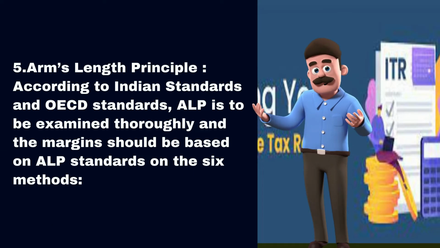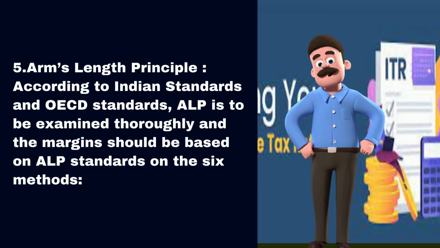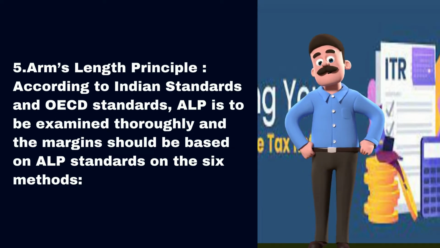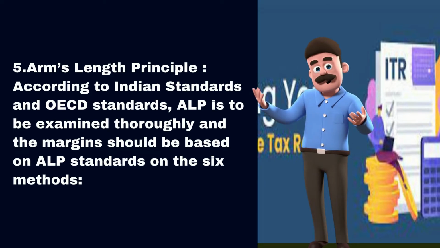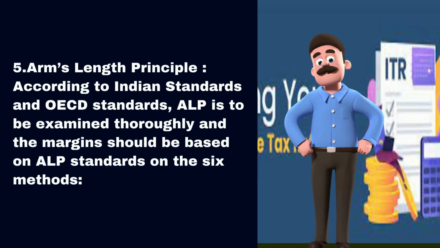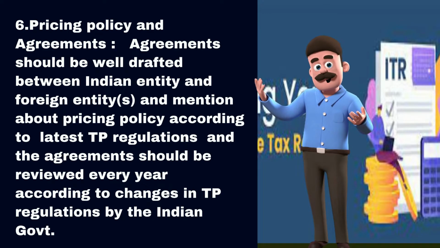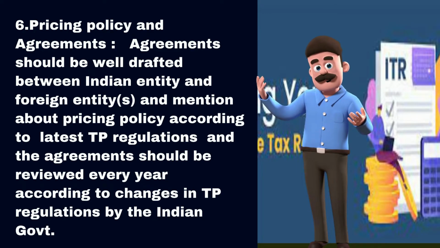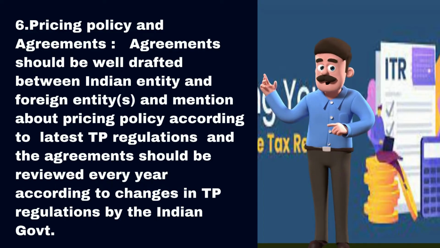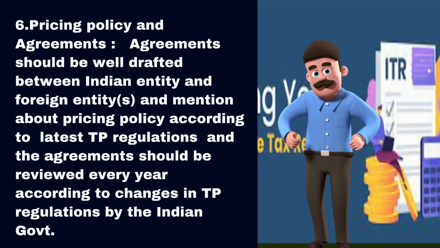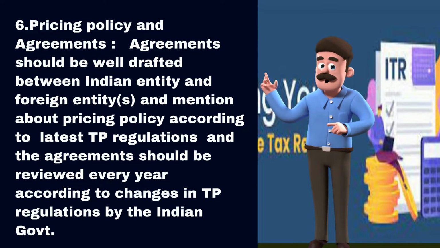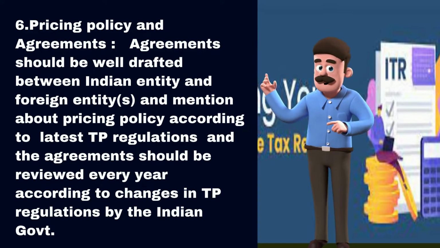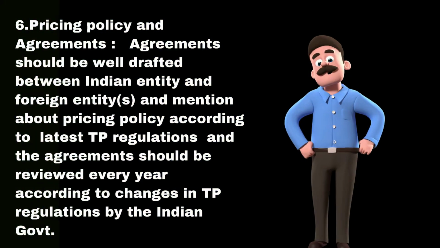5. Arm's length principle. According to Indian Standards and OECD standards, ALP is to be examined thoroughly and the margins should be based on ALP standards on the 6 methods. 6. Pricing policy and agreements. Agreements should be well drafted between Indian entity and foreign entity or entities and mention about pricing policy according to latest TP regulations, and the agreements should be reviewed every year according to changes in TP regulations by the Indian